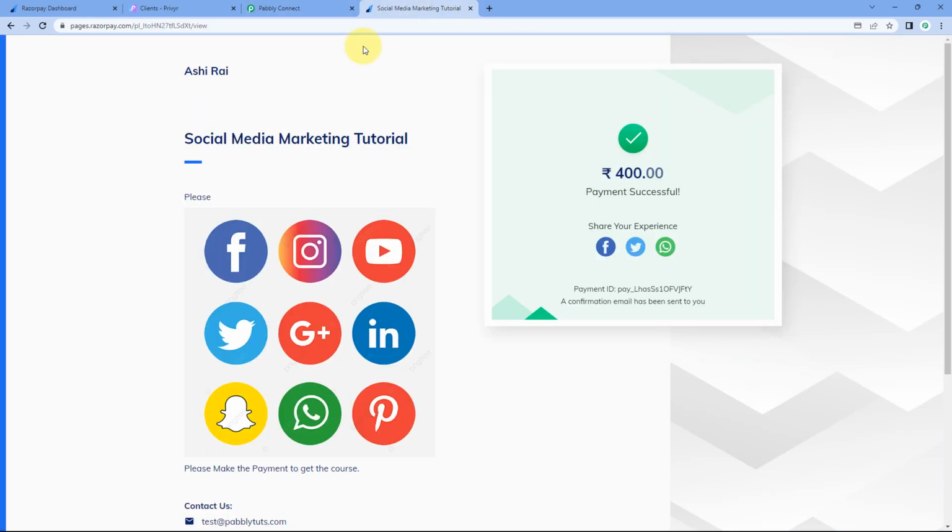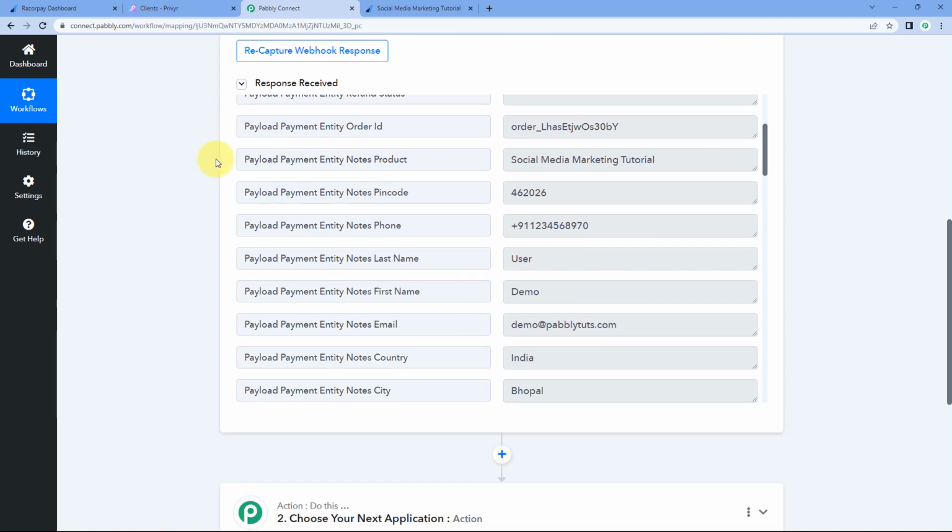So let's take an example, like we have selected this particular payment page of social media marketing tutorial. Now I want that the customers who are making the payment, or the payment which I'm receiving from this particular payment page, I want to add only those customers, only those clients in Privyr. So here guys, what we are going to do, we are going to add a filter condition in our automation